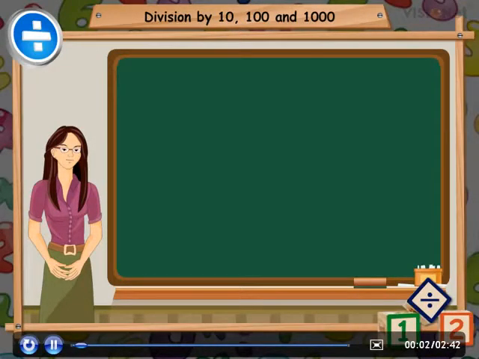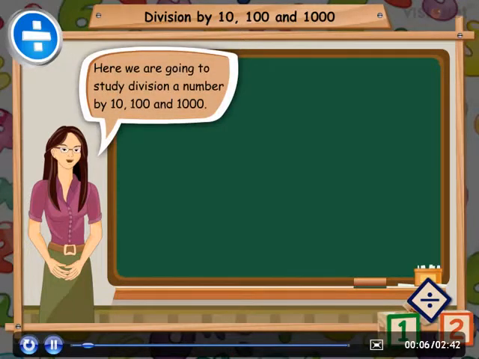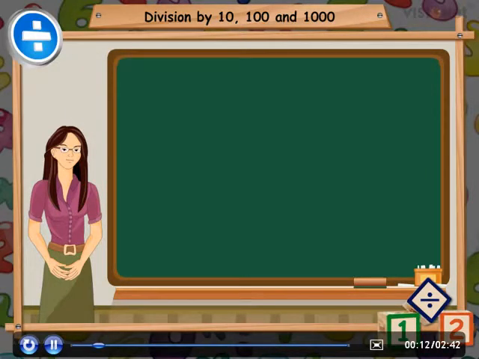Division by 10, 100 and 1000. Here we are going to study division of a number by 10, 100 and 1000. So let's start first with division of a number by 10. Let us take two numbers,